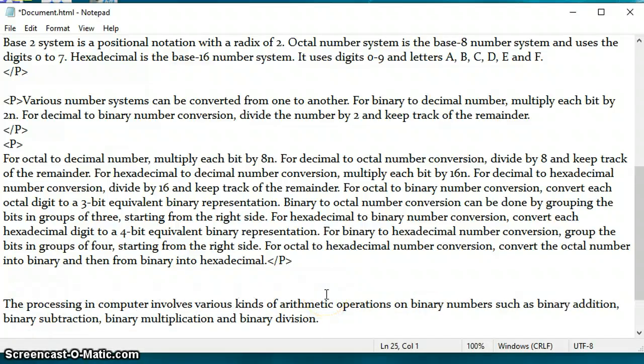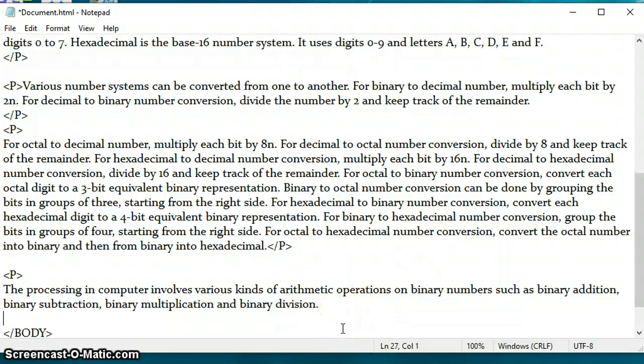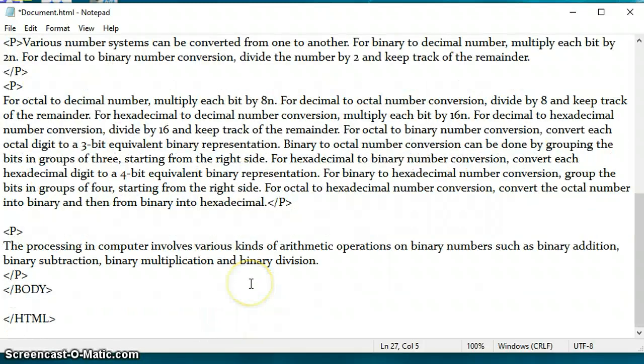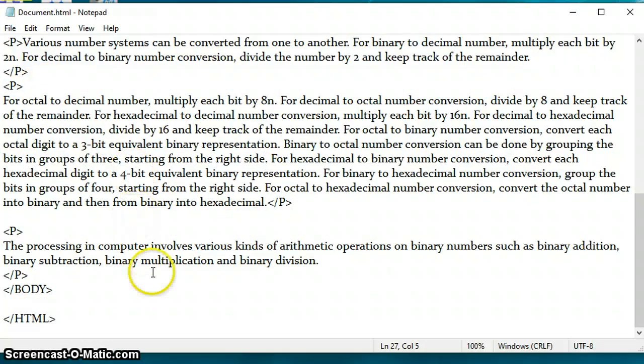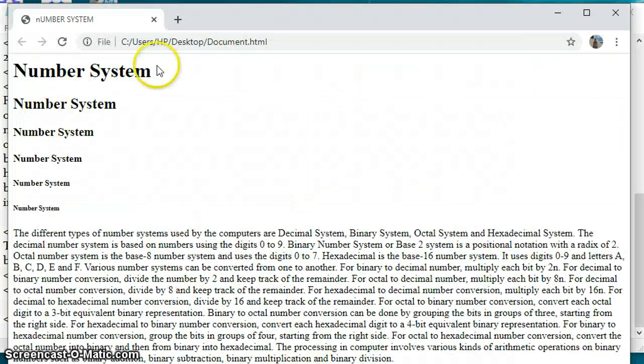I have added a number of P tags. Now I'm saving the document and let us check it in the web browser.